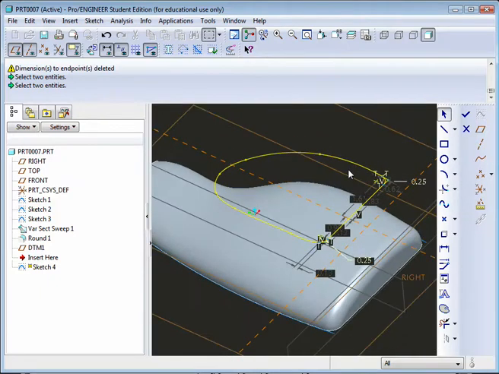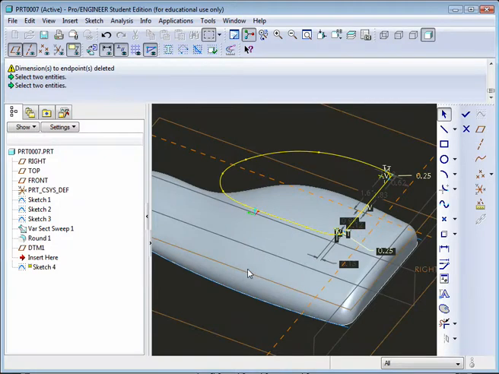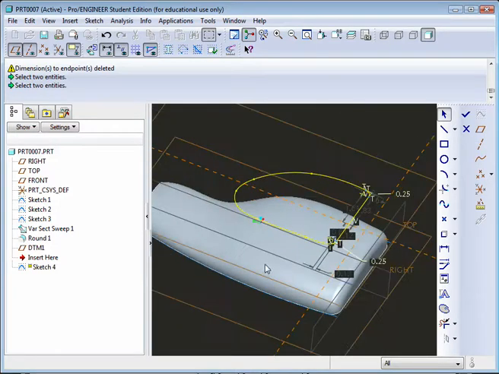Alright, the next thing we want to do is extrude it and offset it from the surface of the bottle so we have a slight recess. Now to do this, we actually need to create a surface that's offset first, and then we could use it to extrude up to. So, for example, we could go ahead and hit done here,